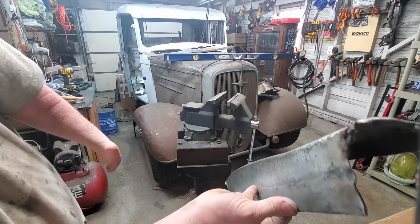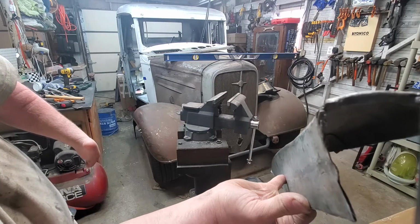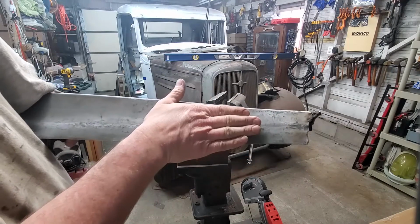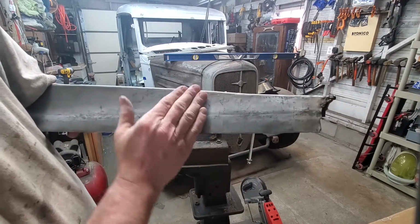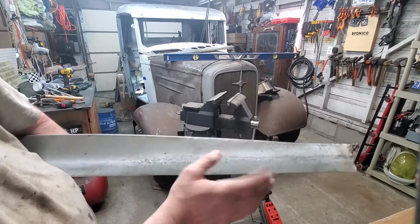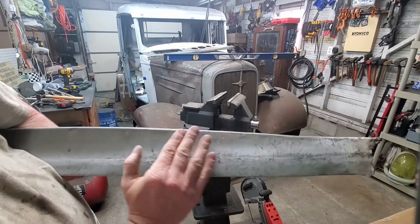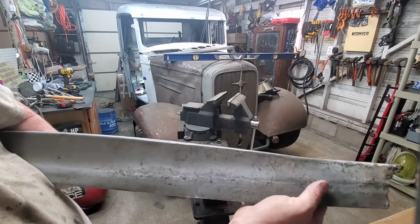the only way I can get that down might be with a little heat, because this whole section is turned like that, and I need the whole thing to curl in, to follow the cab. Instead of doing this, I need it to go like this. Not quite that severe, but that is a